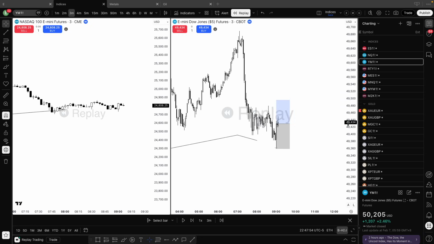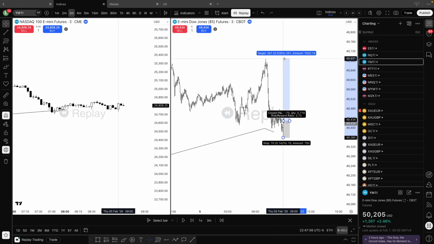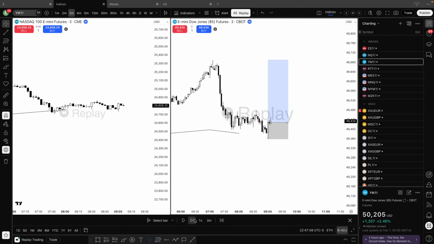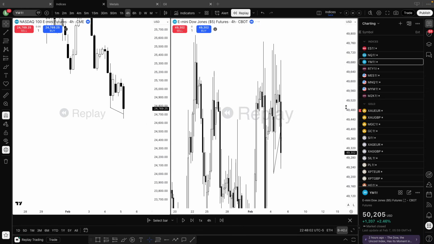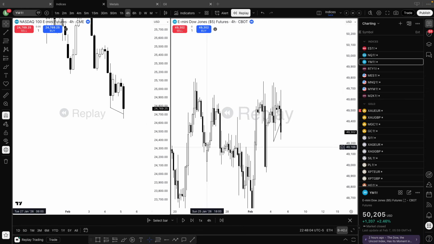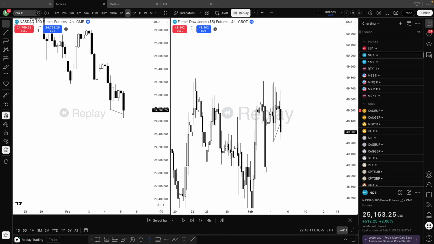I had my stop down here, and I was trying to catch a trade back up into these highs, and I got stopped immediately. Now the thing here is that the wick was really large, but it was fine for me because my stop was at the low of the current wick that was being traded in. But it was wrong for me to target these highs simply because the highs in YM, we had the SMT